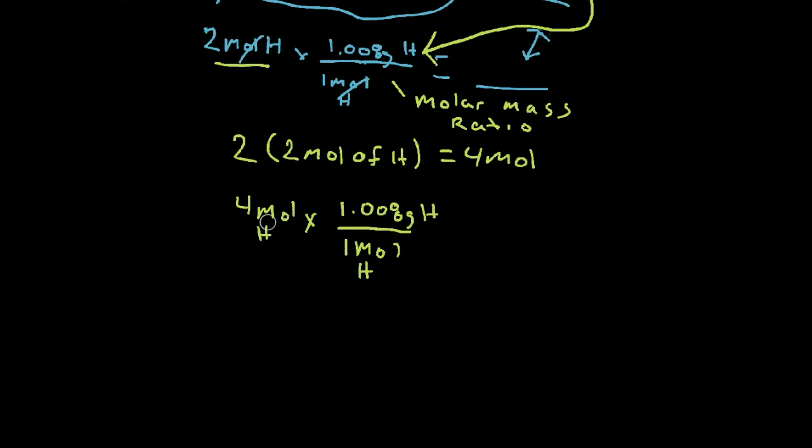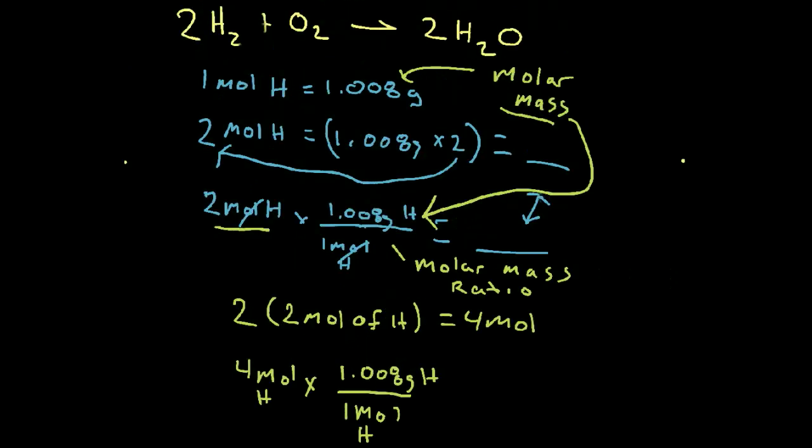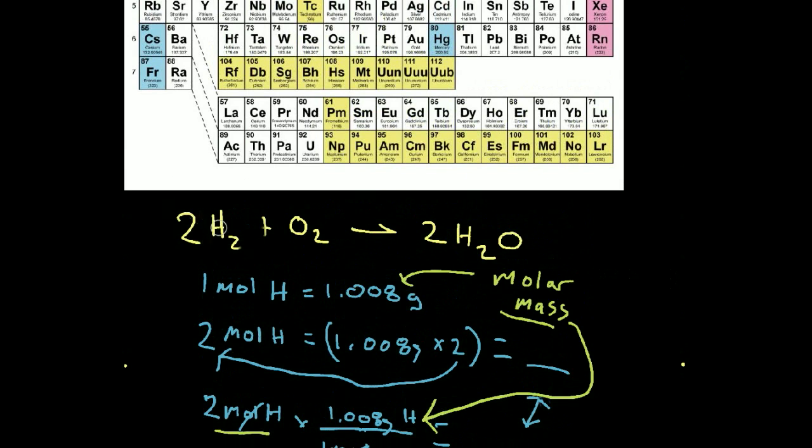And this is the same as multiplying 4 moles of hydrogen times what 1 hydrogen weighs, right? Which kind of makes sense. We've got 4 moles of hydrogen that we're working with, and we know how much 1 weighs, so we just